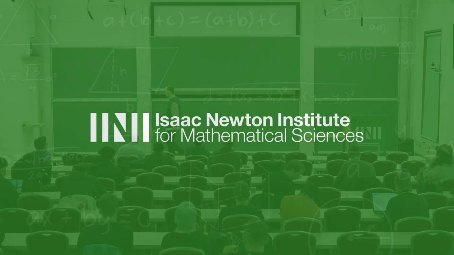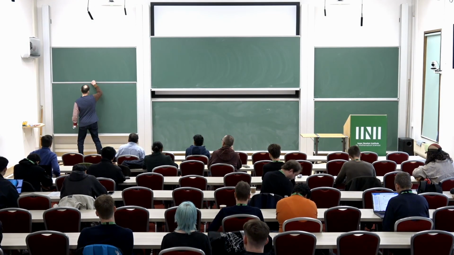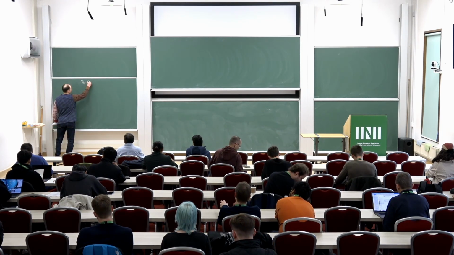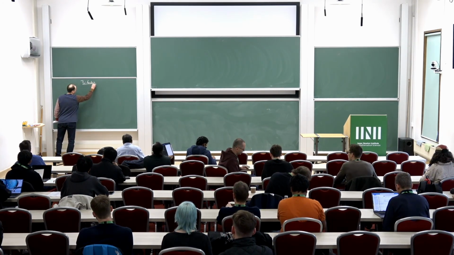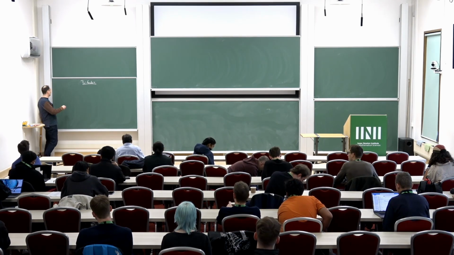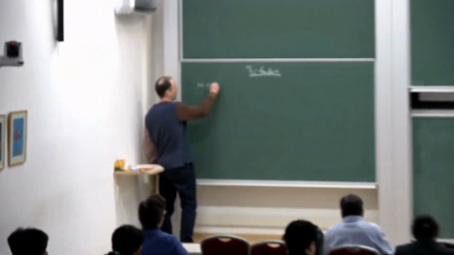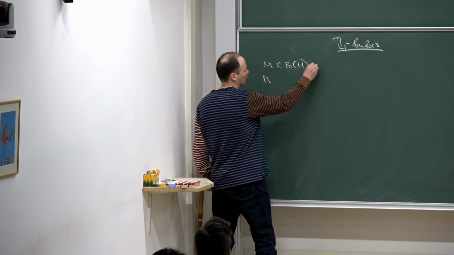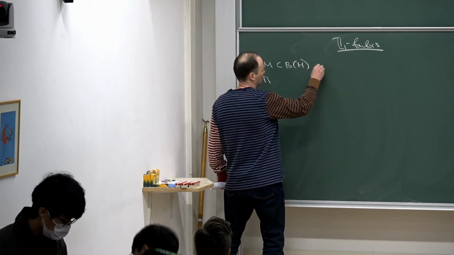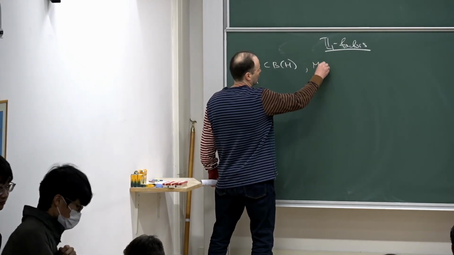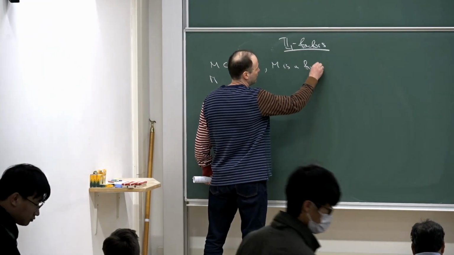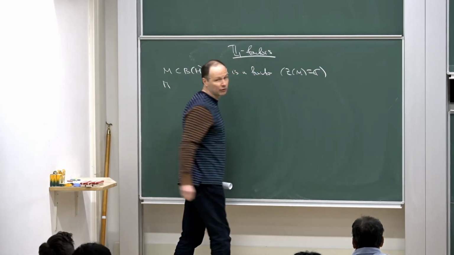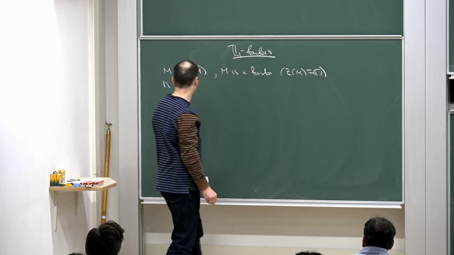I'm going to talk about type II_1 factors, which were introduced by Robin some lectures ago. Let me remind you that the definition was as follows: if we have a von Neumann algebra M inside B(H), and we assume it is a factor, which just means that the center of the algebra is trivial, then a II_1 factor